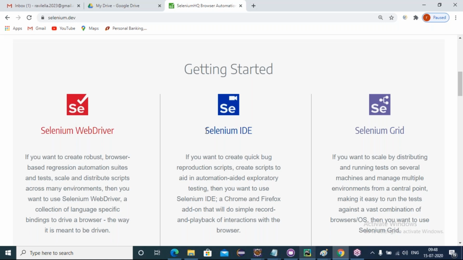The disadvantage is that it is specific to the browser. Recording the web elements in a browser will record only in that one browser and will execute in that browser only, not in any other browsers. Some advanced elements cannot be recorded using the IDE. One more disadvantage is that we cannot parameterize.